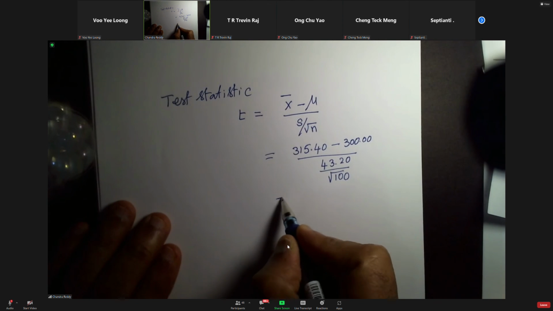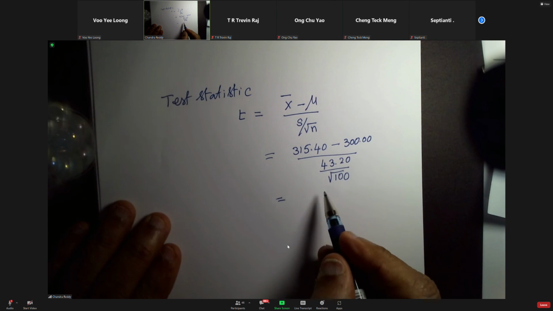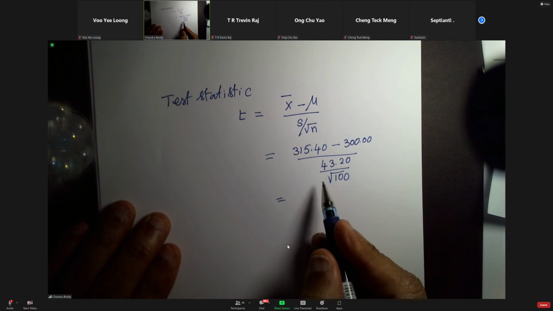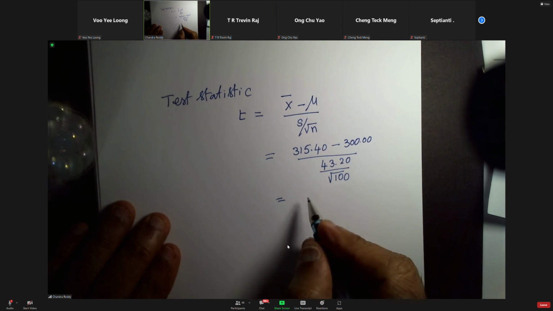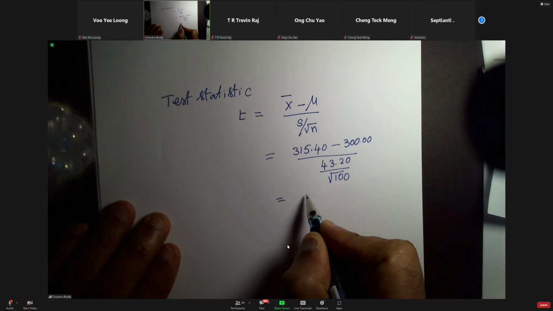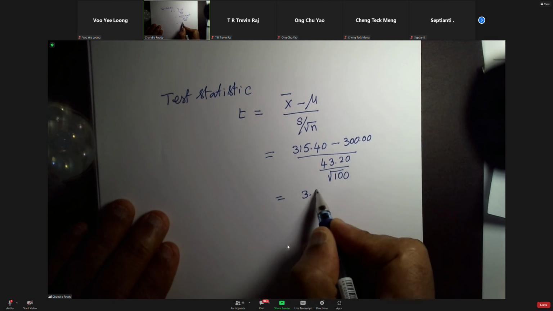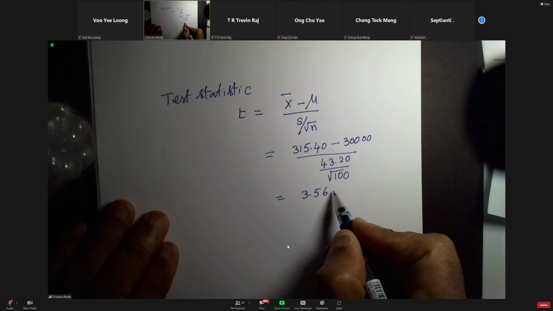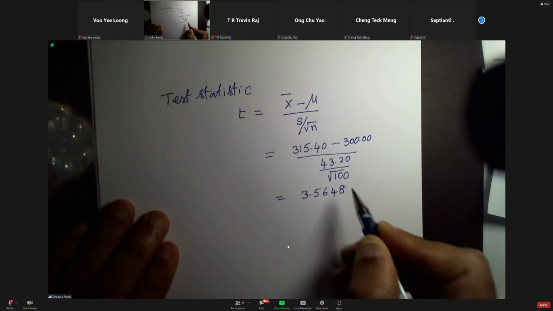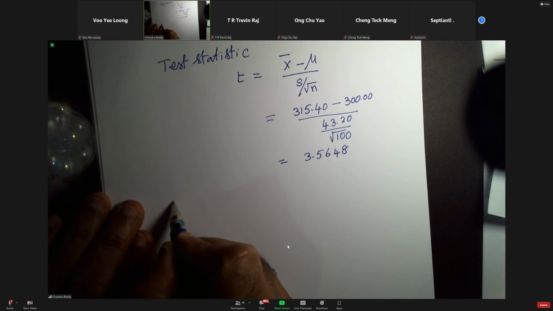All right, so once you do this calculation, does anyone have an answer for this? That's correct. So you will get about 3.56. If I go to 4 digits, it's 3.5648. Okay. So the decision rule is